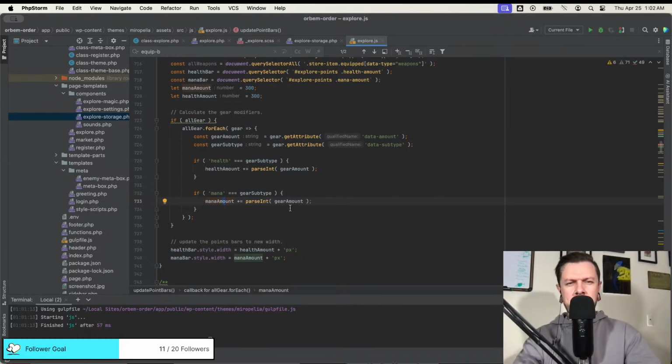Mana amount. Guess I could try this way. Mana amount. No, that won't work, because then it'll keep adding 300. No, I have it right.